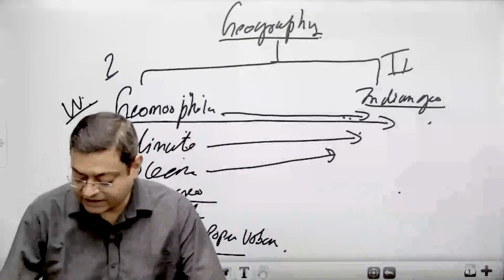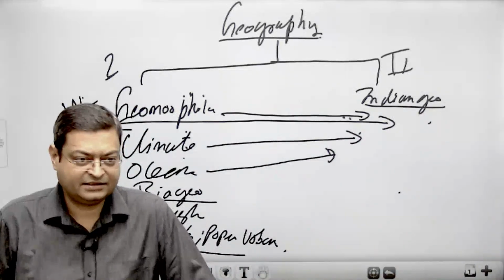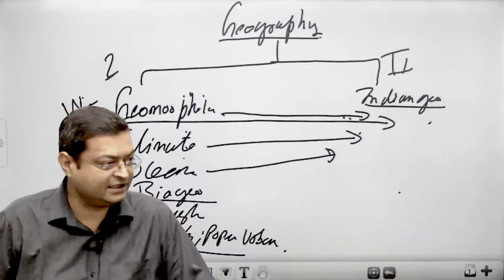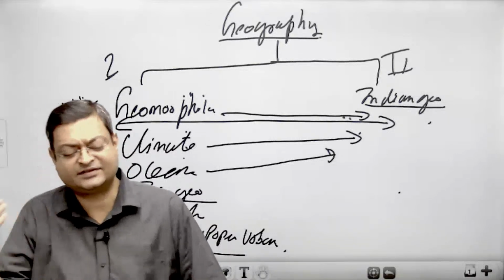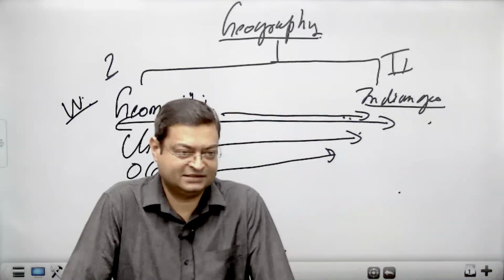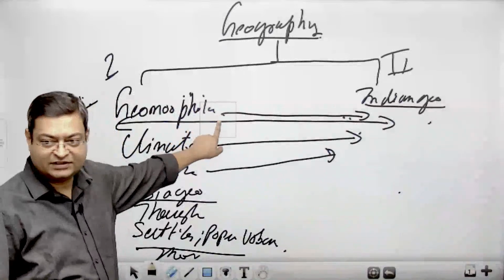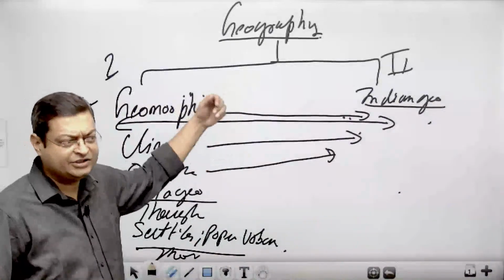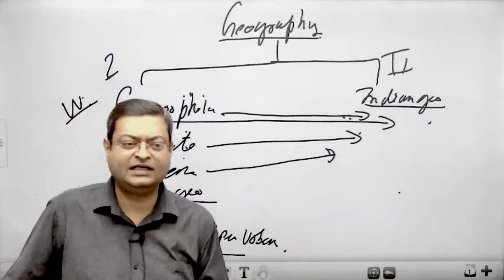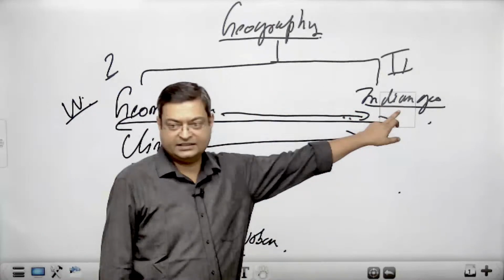Why am I going to integrate it? Because see, let's talk about the Himalaya. You have to study in detail about the Himalayas, greater Himalayas. There are 3 ranges, there are trans-Himalayas and so on. But what is the theory of the formation of Himalaya? So once you study the theory in geomorphology, that is related to plate tectonics, geosyncline, orogeny, folding, faulting, I am going to integrate the topics of Himalaya there.